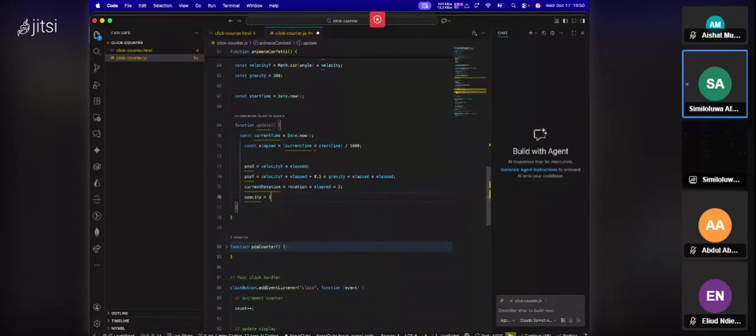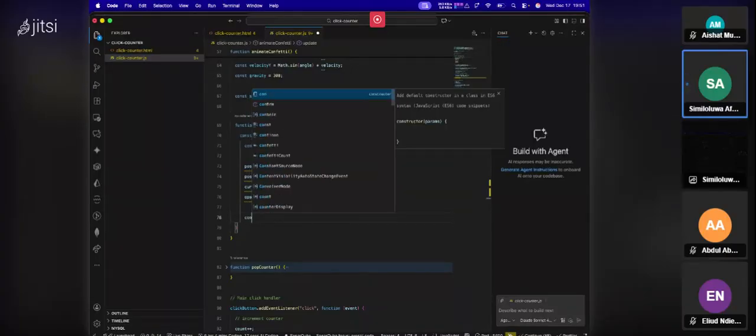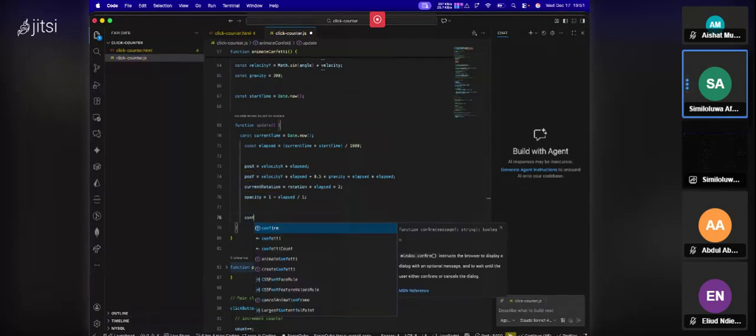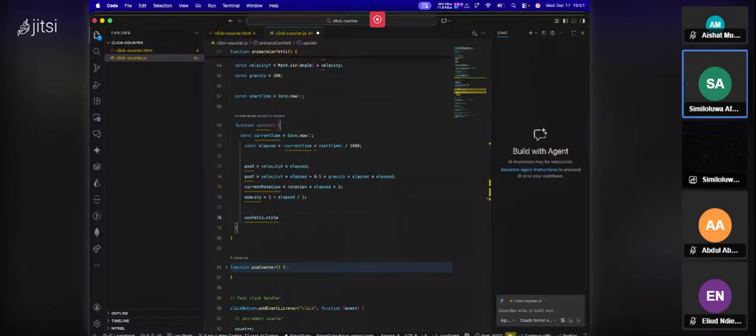Opacity will then be equal to 1 minus elapsed divided by 1. When you reduce the opacity, it fades out. The more you reduce it, the more it fades out. So we just want this to fade out over 1 second. Then we start to apply the transformations for it to be able to move. So we now add to the style. That confetti element that we created, we then say confetti.style will be equal to